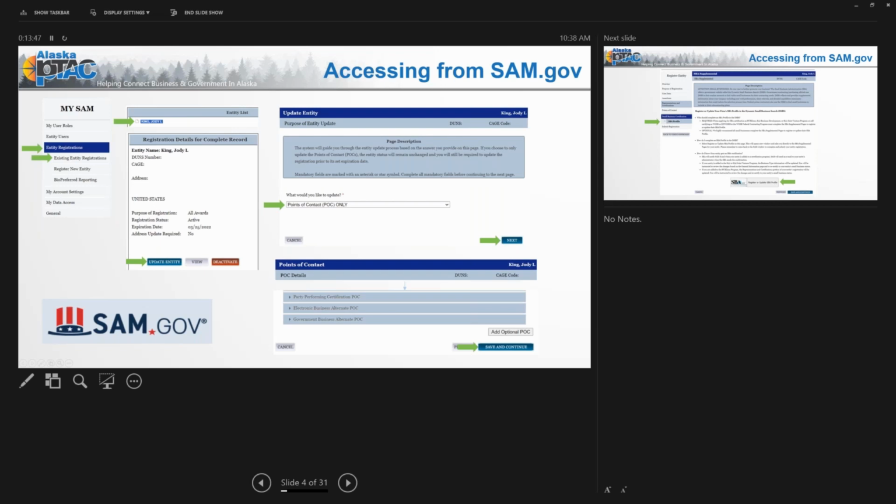so I'm going to click Update Entity. The next screen after you click this, the system is going to ask you, where do you want to update from? And you have the drop-down list. Now, if you have to go through and do the entire registration, then you'll want to pick one of the others. But if the only reason that you're logging into SAM is to update your dynamic small business search profile, then you can select points of contact only,